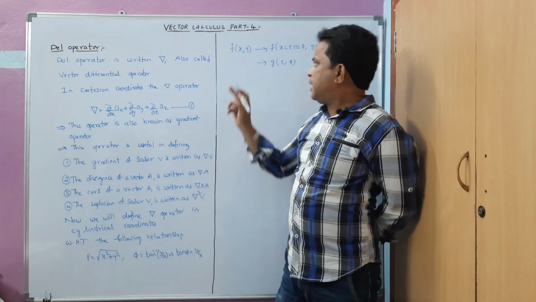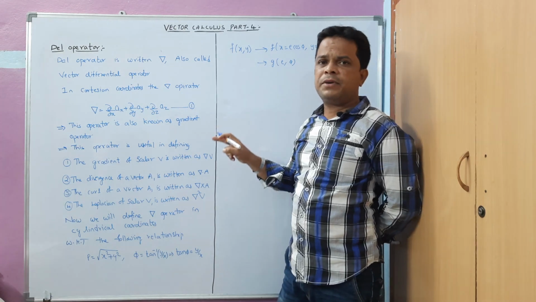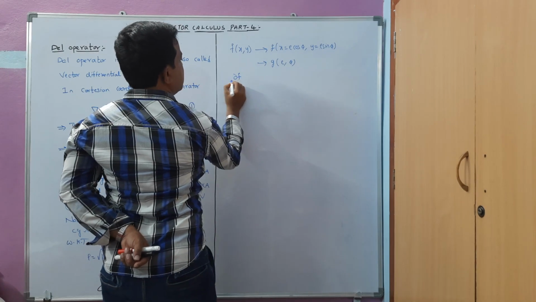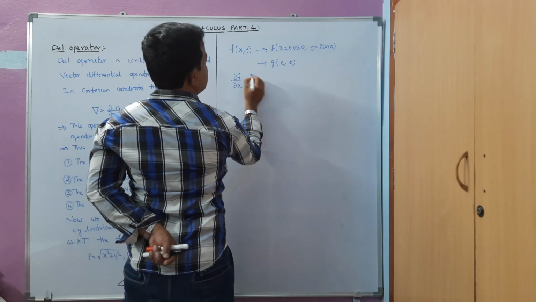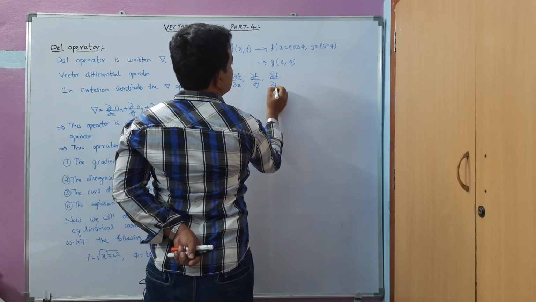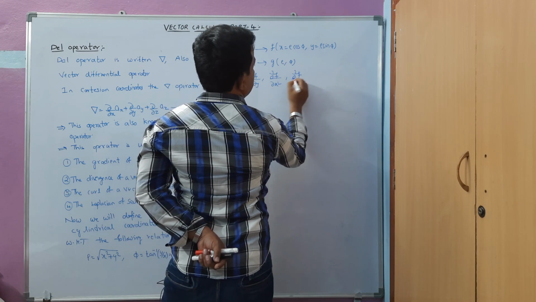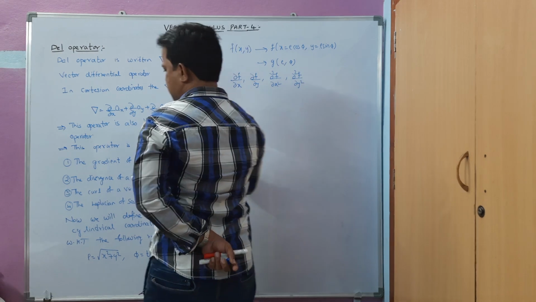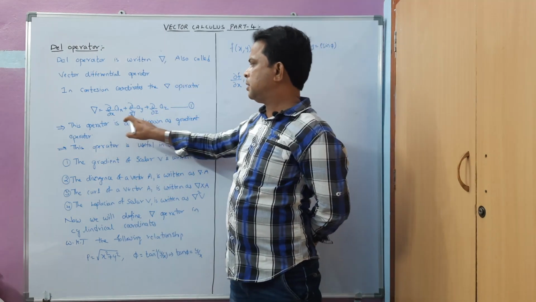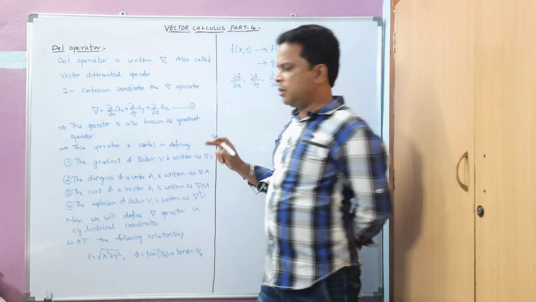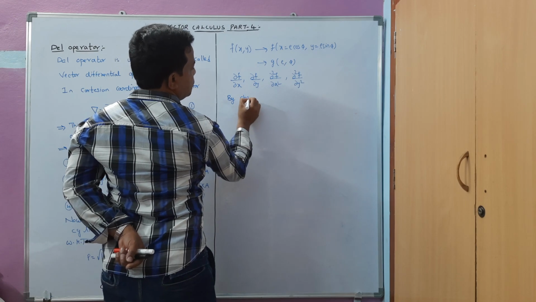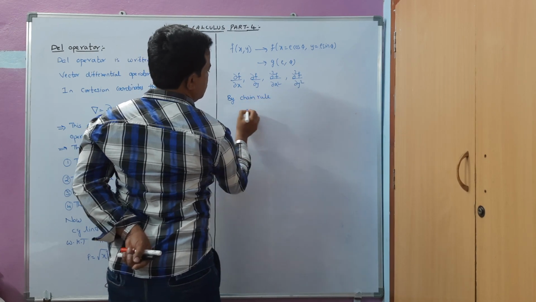So now by taking the help of this function f, we are going to define dou f by dou x. We can define any number of functions like this: dou f by dou x, dou f by dou y, and similarly dou square f by dou x square and dou square f, double derivatives of these ones. Now first we will try to define dou by dou x, because these are helpful in defining dou by dou x, dou by dou y and dou by dou z. So we will try to define this one by chain rule.